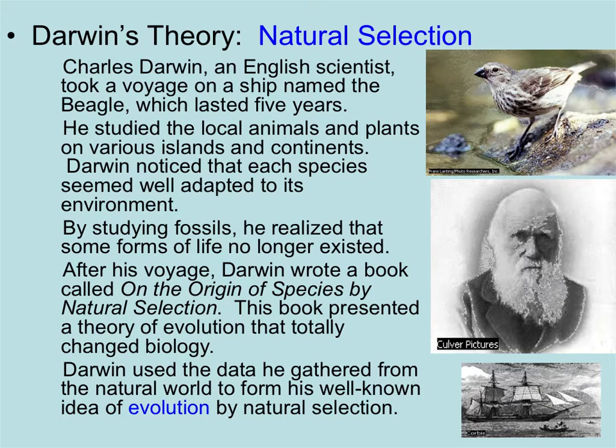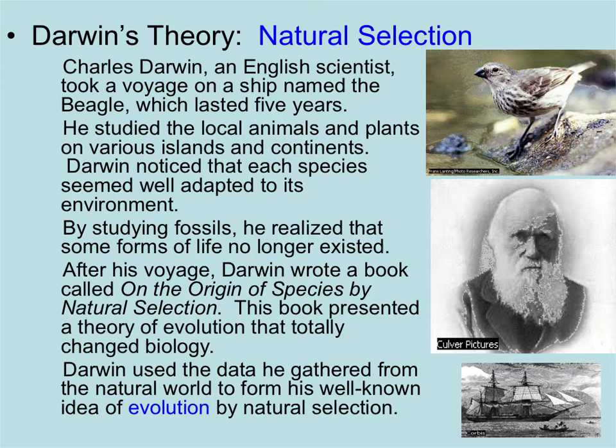And so he went on the voyage for 5 years, and then he wrote a book about all the things that he observed and his theory of natural selection. The book was called On the Origin of Species by Natural Selection. So basically in this book, he came up with his particular theory of evolution, and this really changed the way people thought of things because he did have a lot of data. He gathered all this data from the real world when he went on this voyage. And so his evidence was pretty good for natural selection.